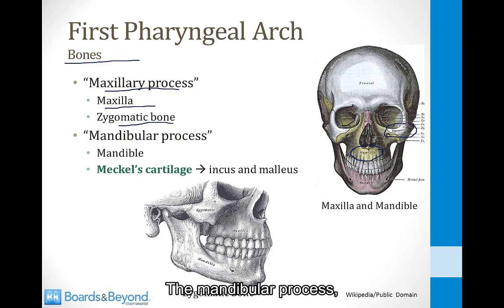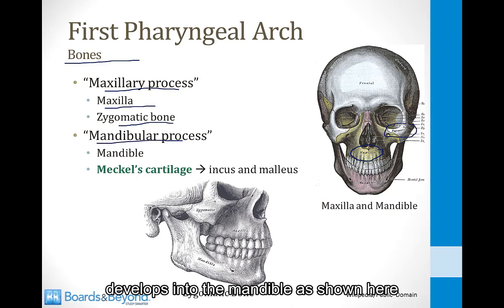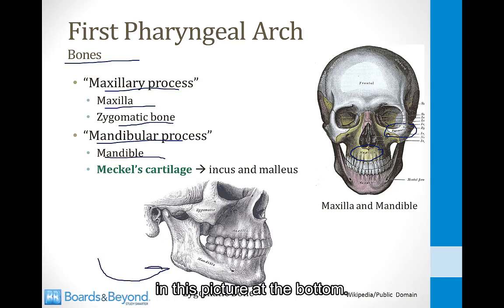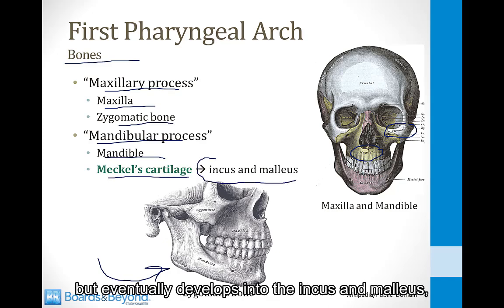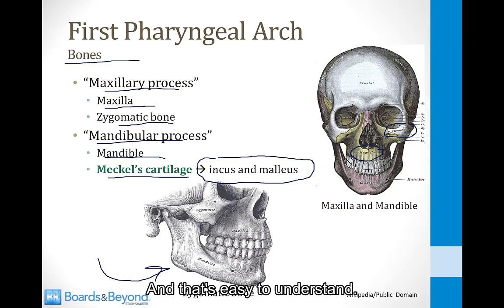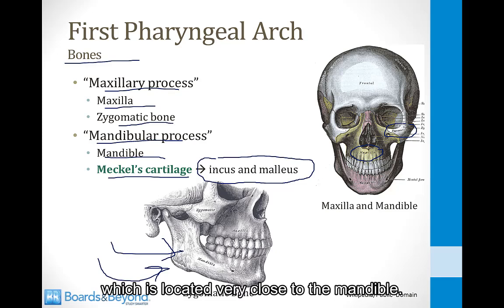The mandibular process, which is the other process of the arch, develops into the mandible, as shown here in this picture at the bottom. It also develops into an embryonic structure called Meckel's cartilage, which does not persist in the adult, but eventually develops into the incus and malleus, which are small bones of the ear. And that's easy to understand. Since this arch forms the mandible, naturally it could form small bones of the ear, which is located very close